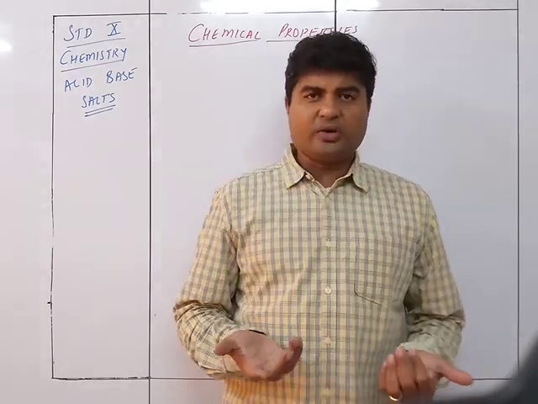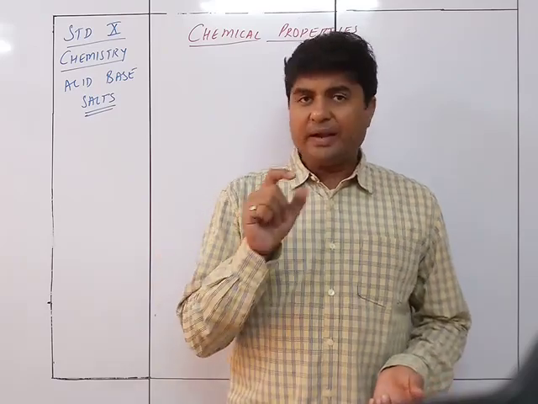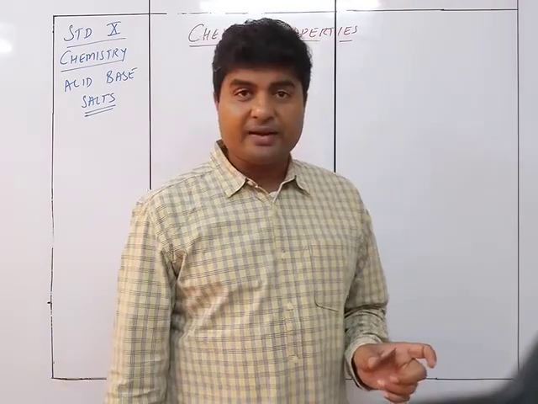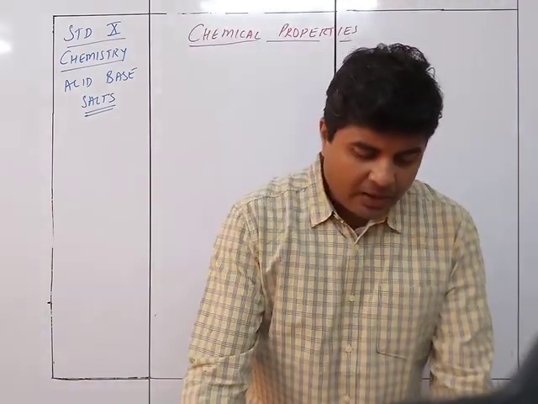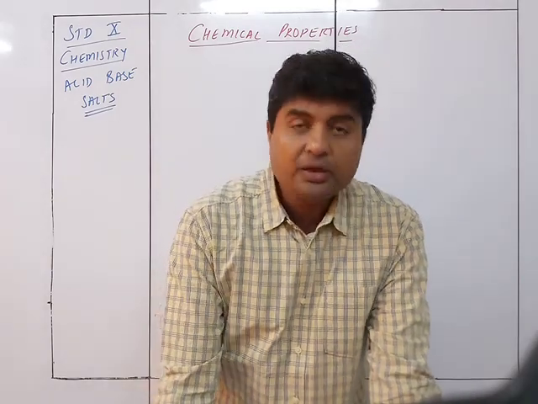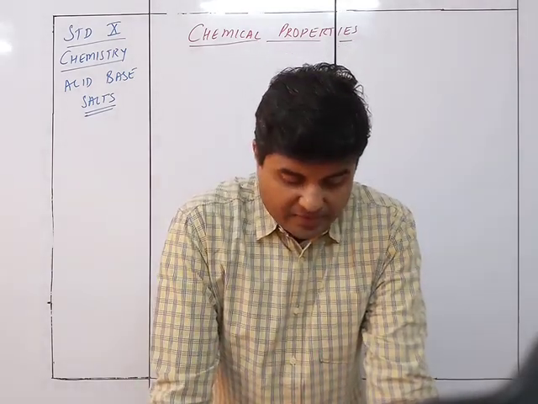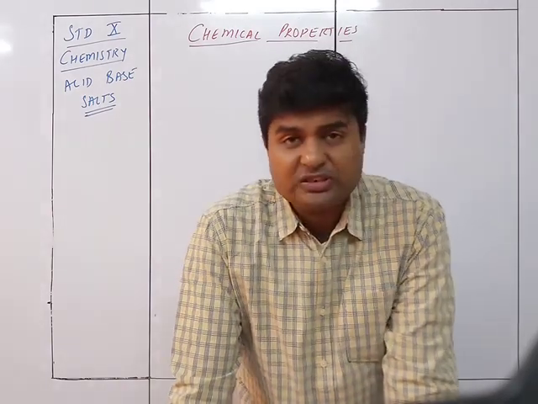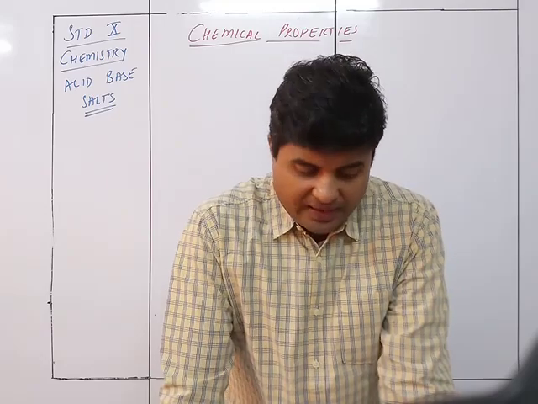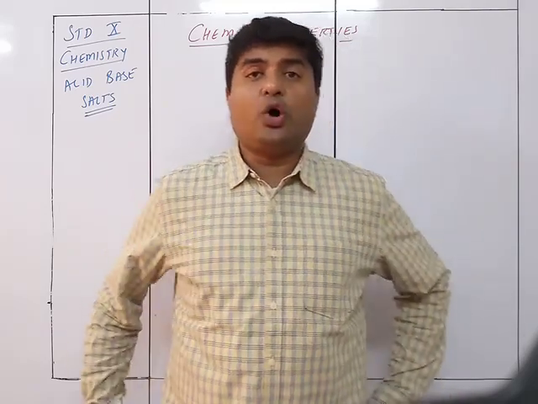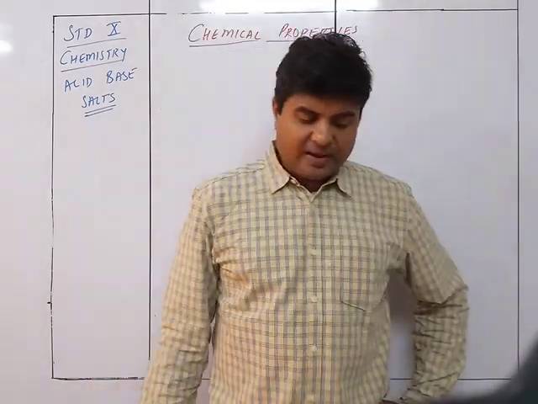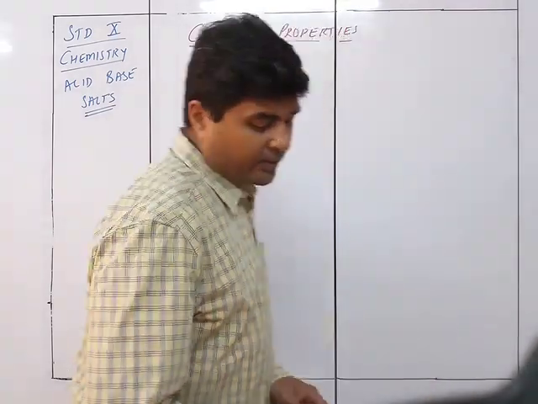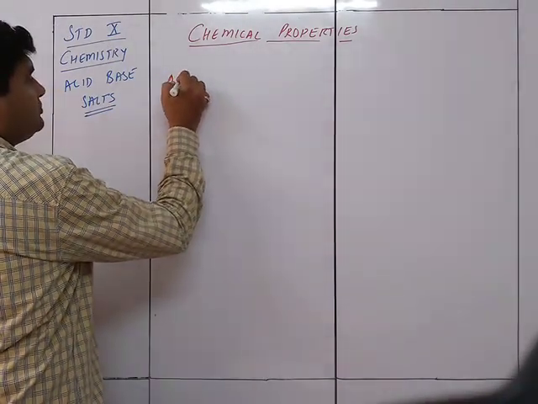Neutralization here also happens. Acid plus base gives you salt plus water. But here if you take an ammonium salt, then it is going to be slightly different. The first thing is that a less volatile base, for example NaOH, displaces a more volatile base. NaOH is less volatile and NH4OH is more volatile on heating. So NaOH is going to displace NH4OH, so here we have the ammonium salt